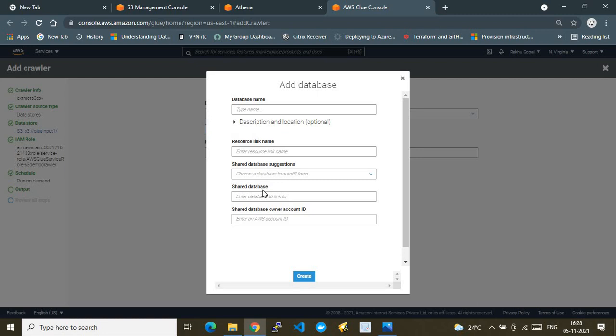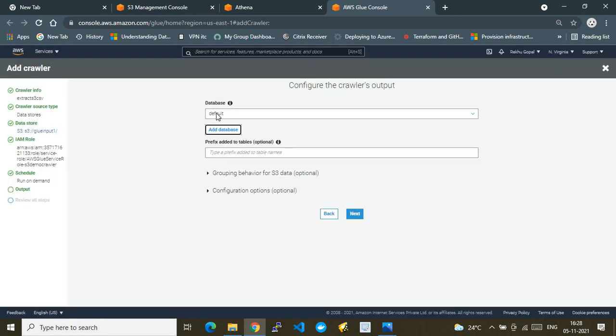In this case, since I'm targeting the default database, let me use the default database. The prefix added to the table option is just optional. So those are the configurations we choose in this page.